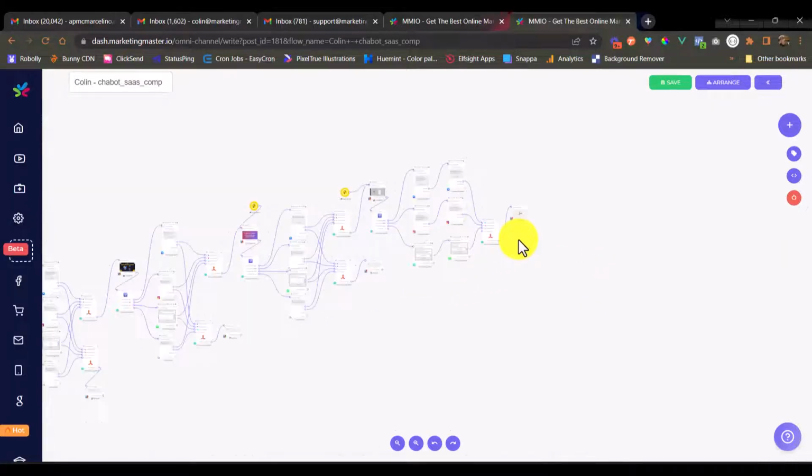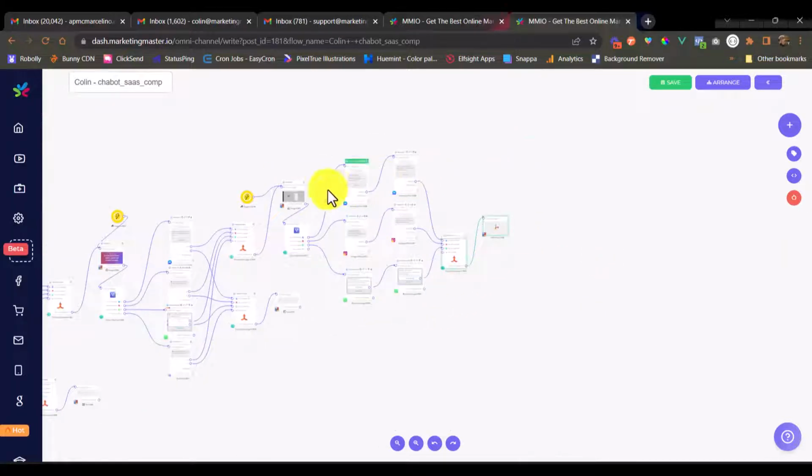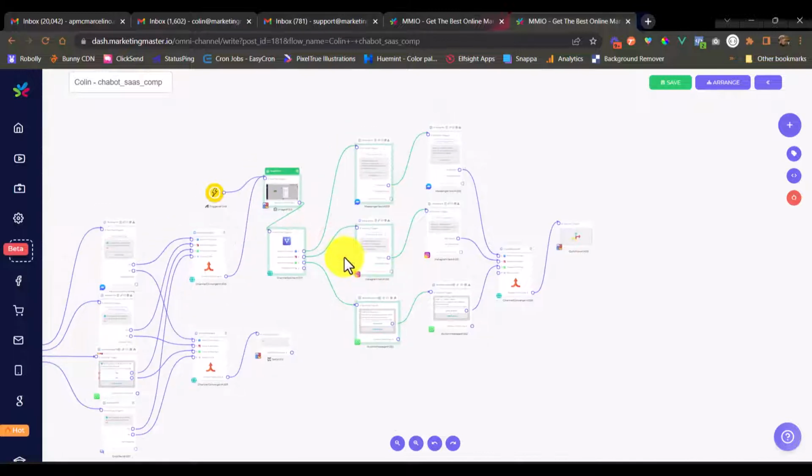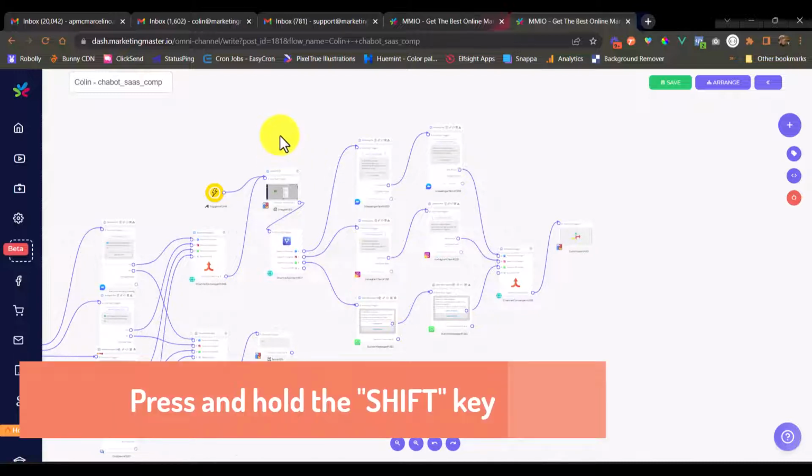For example, this one, I'm going to break down this part of the chatbot. The first step would be to select all of the elements that we wish to separate. And to do that, hold the Shift key. After holding the Shift key, we are going to select by dragging the screen until we see the select box here. And once we have selected all of the elements that we need to separate,